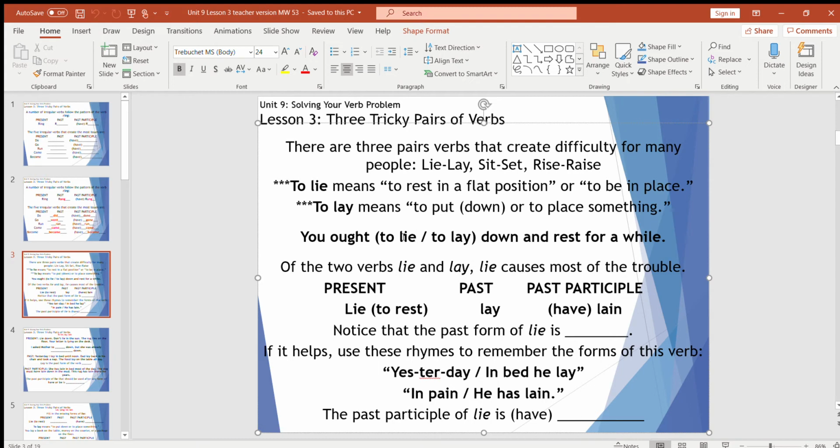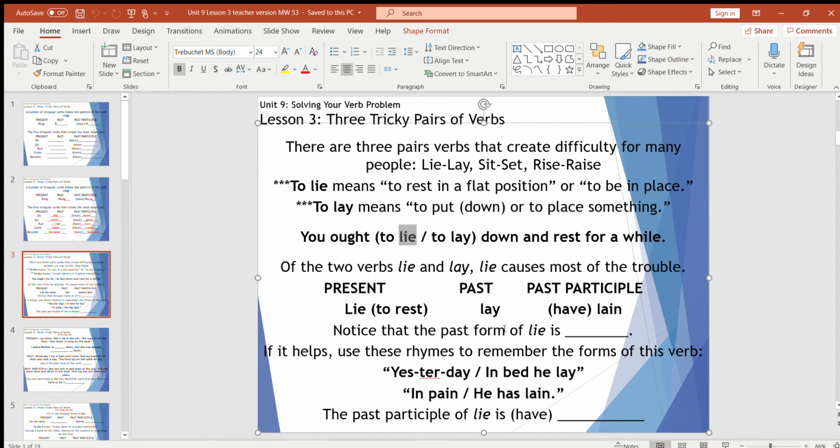So notice even though lie is spelled the same way as a lie, like you tell a lie, you tell would be a noun, to lie would be a verb. Okay, so disregard the fact that they're spelled the exact same way, 2 different meanings. So of the 2 verbs, lie and lay, lie is the one that causes the most issues, and here's why.